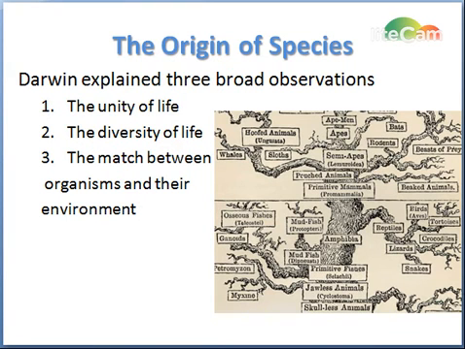Darwin explained three broad observations in his Origin of Species. One is that there's unity of life, two, that there's diversity of life, and three, that there's a match between organisms and their environments. He never used the word evolution in his first edition of the Origin of Species. Instead, he used the phrase descent with modification, which summarized his perception of the unity of life. The unity of life refers to a view that all organisms